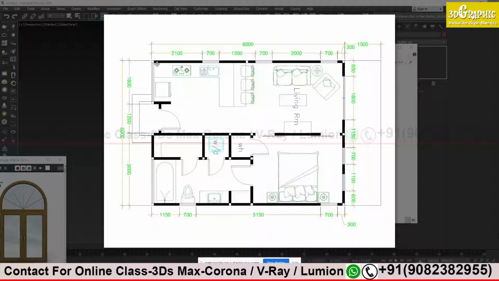We will create walls, windows, doors, staircase, everything except furniture. Furniture we will see later on. Except for furniture, only the walls and the area we are going to cover with the help of exact measurements. From Monday or Tuesday we will see. Clear?